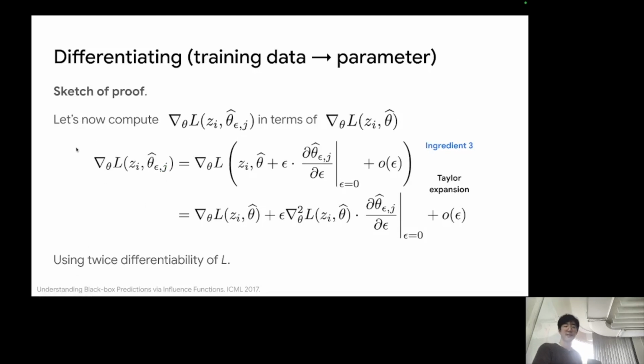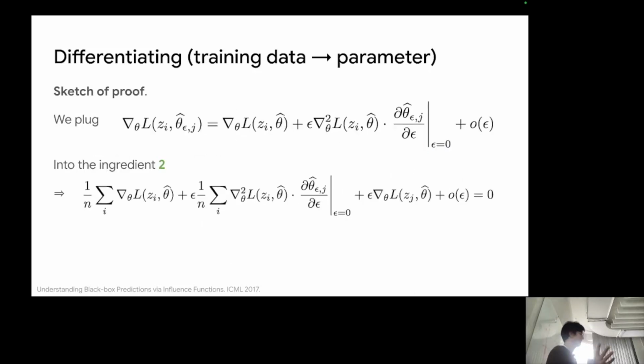So now we have this is equal to this. Okay, and then we basically plug in everything, ingredient 1 and 2, and many things cancel out eventually. First of all, we plug the expression that we just got into ingredient 2, which basically says if you evaluate the gradient of the modified objective at theta hat epsilon, then you're going to have 0, right? That's the equation. But now we are plugging in this part in, and that's going to give you this formulation